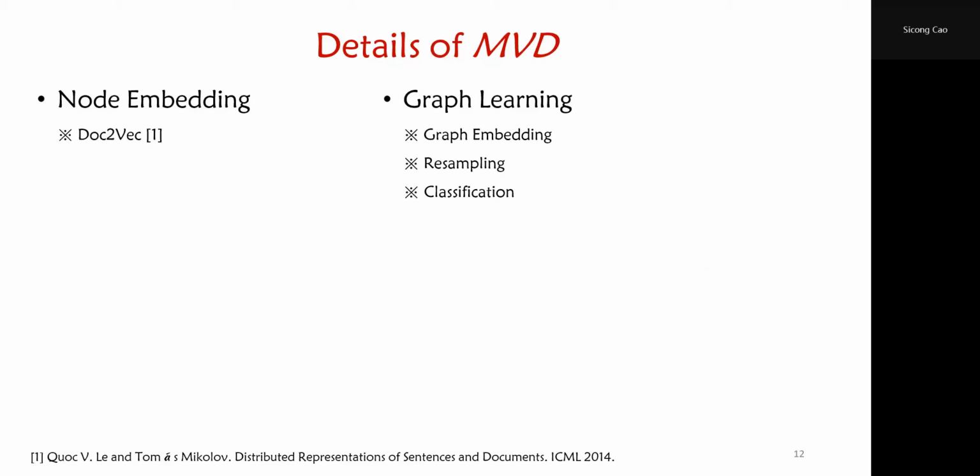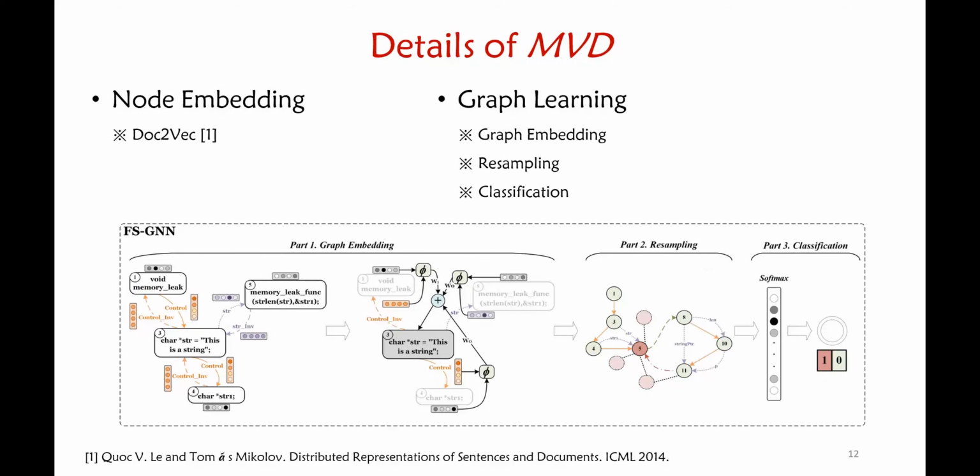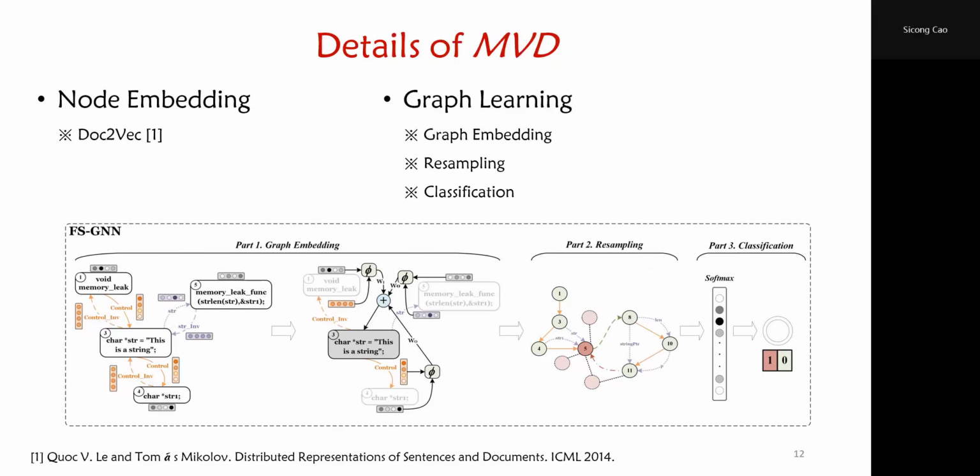Then we train a model which can learn implicit vulnerability patterns from source code and identify suspicious vulnerable statements. We construct a novel graph neural network, the flow-sensitive graph neural network, for graph learning. The details of our approach are shown in the figure. The key insight of FSGN is to jointly embed both statement embedding and flow information to capture sensitive contextual information for semantic learning.